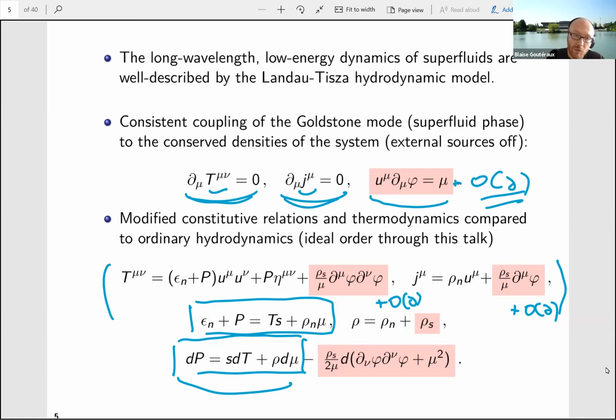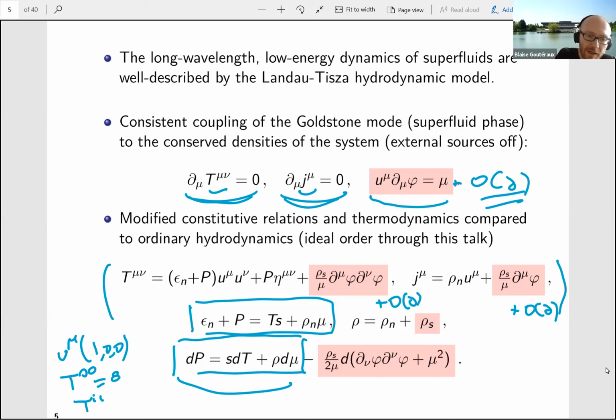And now you can show that you should write the ideal constitutive relation for the stress energy tensor for the current as (ε + P) u^μ u^ν + P η^μν, where η^μν is just a Minkowski metric. I'm considering a flat background here. And u^μ, for a fluid at rest, would be just what I wrote before, (1, 0, 0). So in this case, this would simply ensure that T^00 is epsilon,